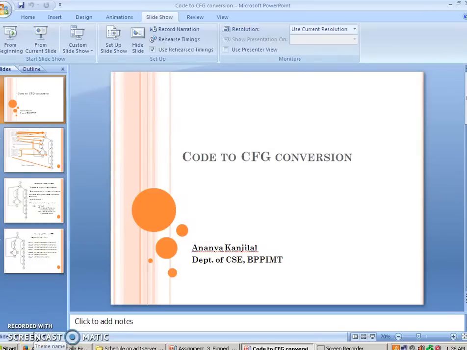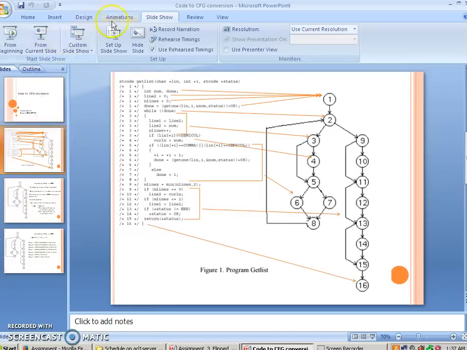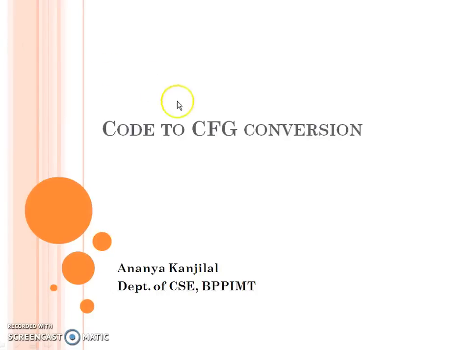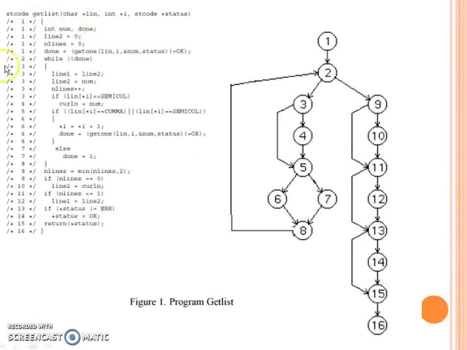Hello everyone. In this session, we will see how we can convert a procedural code written in C language into a control flow graph and thereafter identify the test paths in that control flow graph. We will first start off from a given piece of code, and here as we see it's a function which takes in some parameters, and there is some rather linear code where variable declarations are being done.